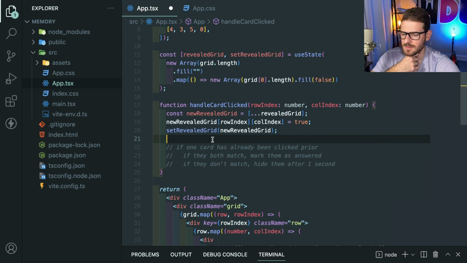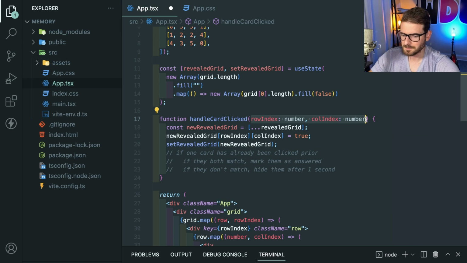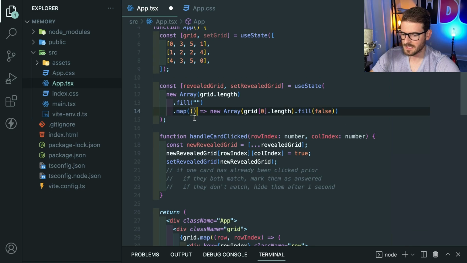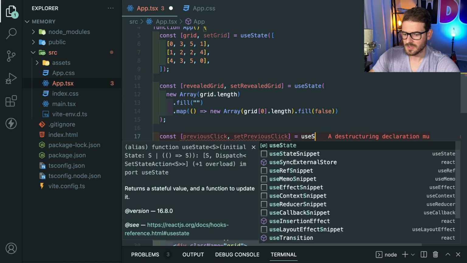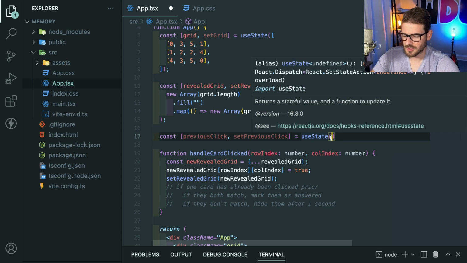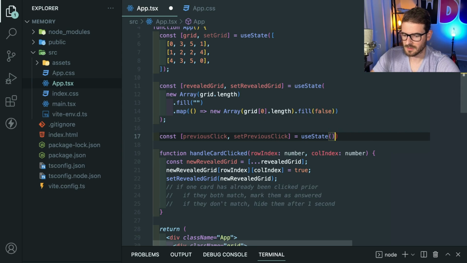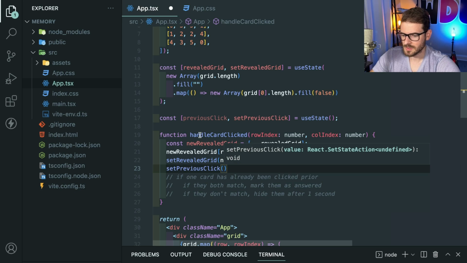So now we need to keep track of which one we just clicked. We know the one we just clicked is this one, but what was the previous one? So we could just say const previousClick and setPreviousClick maybe. Use state, and you could also use a ref here if you wanted to, because I don't think we're going to display the previous clicked. If you're the type of person who likes premature optimization, then go ahead. But I'm going to just say set the previous clicked to,